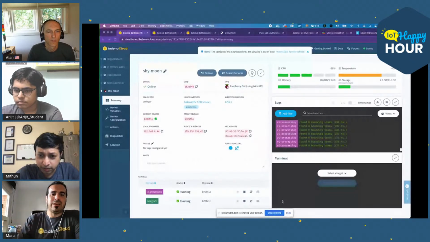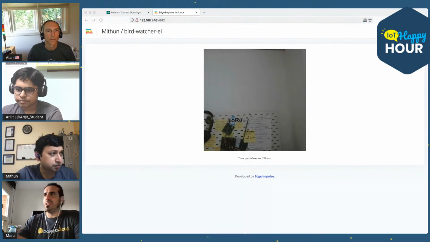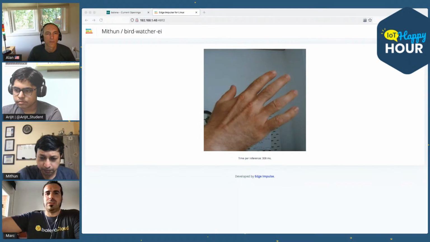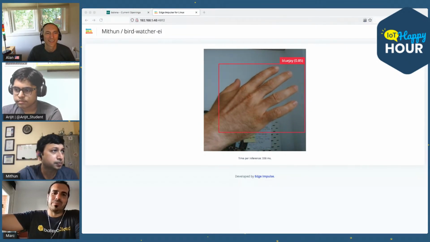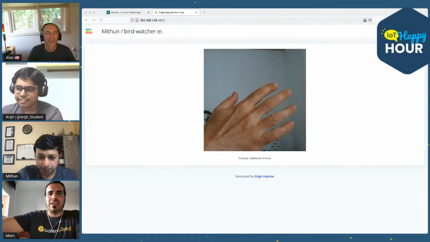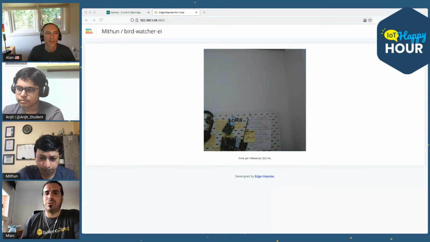Maybe meanwhile I can share my screen. It doesn't have Telegram. Sorry, this is my wall. But just to show you how fast it is. I'm hacking the system now. It detects that my hand is a blue jay bird, but how fast it is, right? And how it can detect multiple objects. In this case, they are birds, and my hand is not a bird.